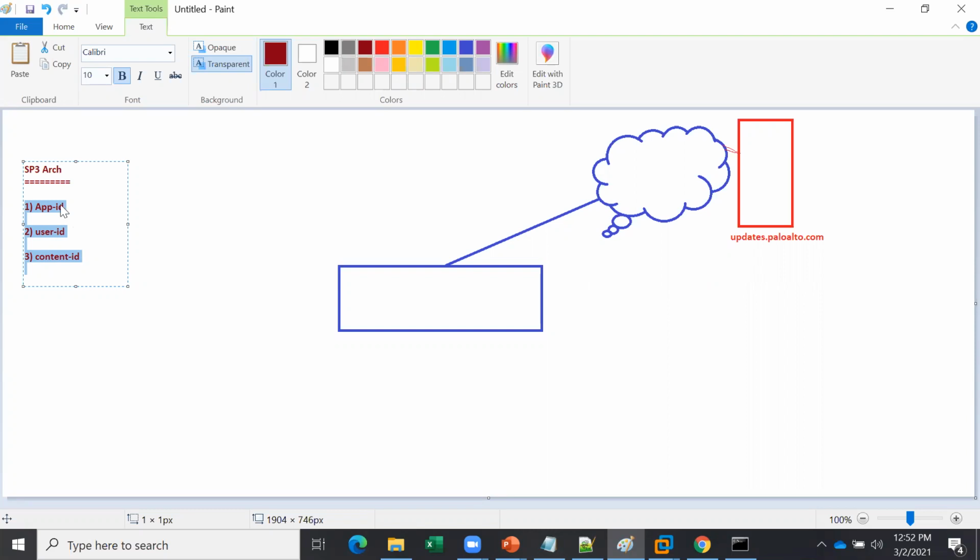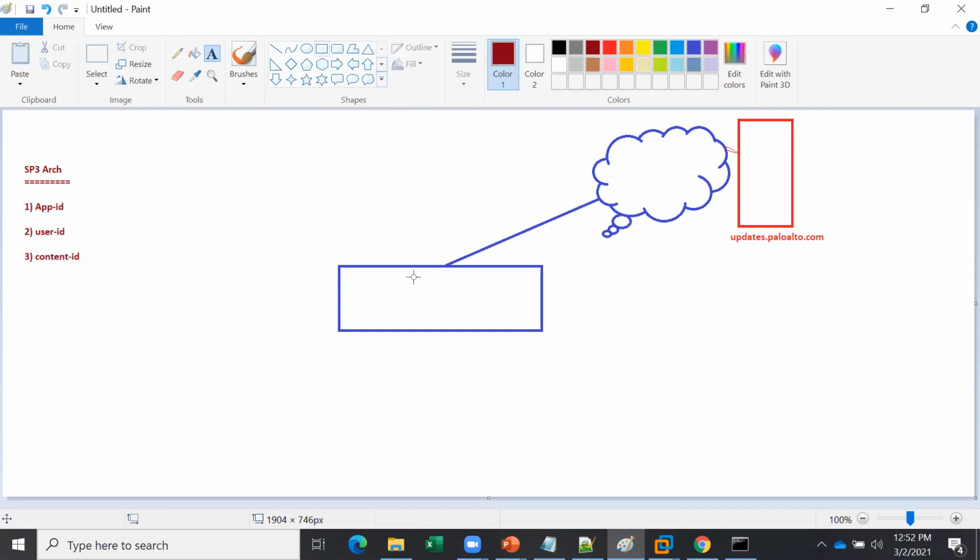So I will just talk a few minutes on App-ID and User-ID, just to give some backup if someone has not attended that class. We will try to correlate what exactly happens. The first thing, let's say you have one user sitting on a machine, and he is accessing the internet.